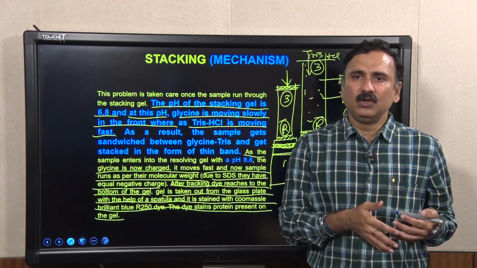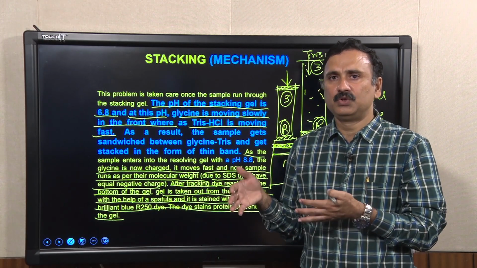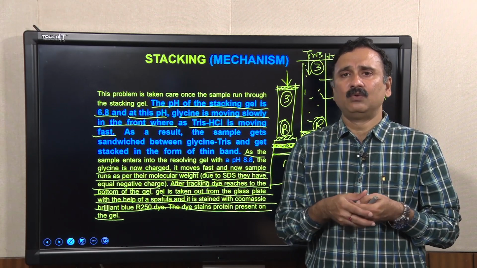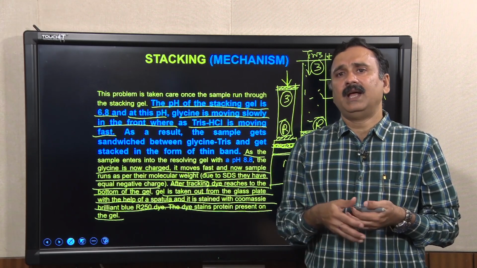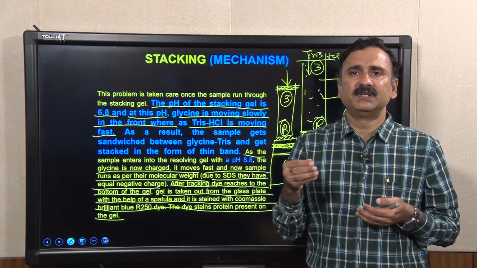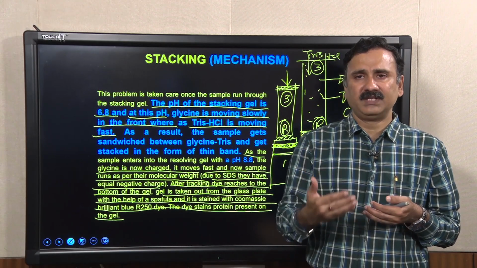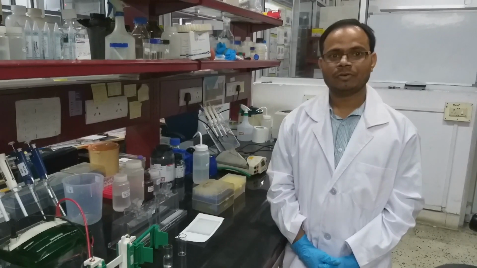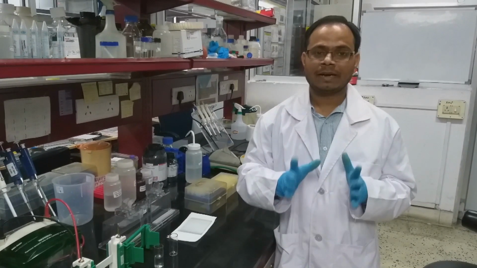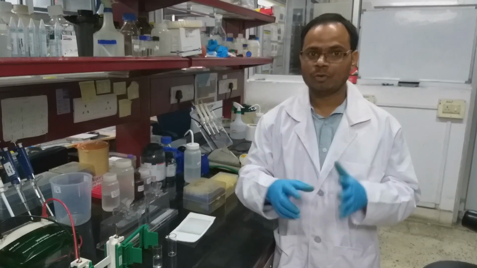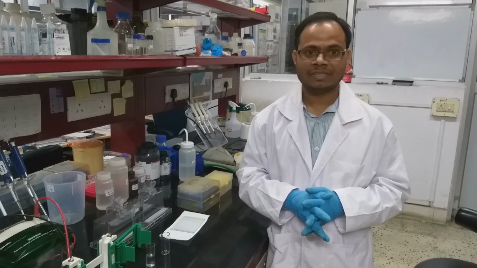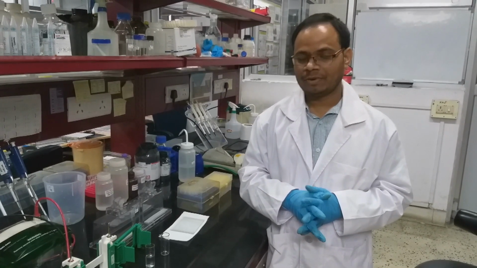Now, I would like to take you to my lab and show you a small demo of how to cast the gels and how to perform the electrophoresis. In this demo, the students have resolved the samples, and they also show how to stain and destain. In this video, we will demonstrate how to run an SDS-PAGE gel, how to prepare the various reagents required for running it, and what the different